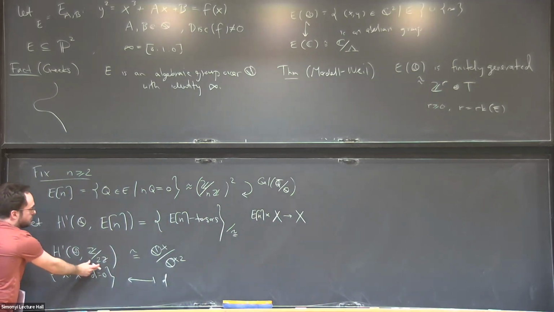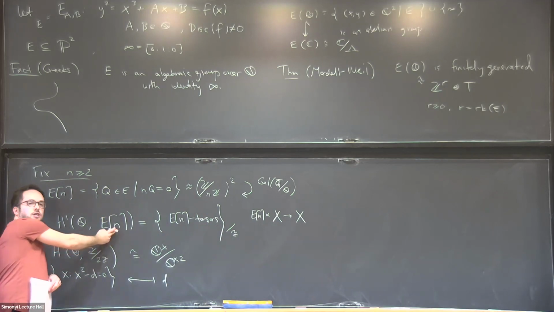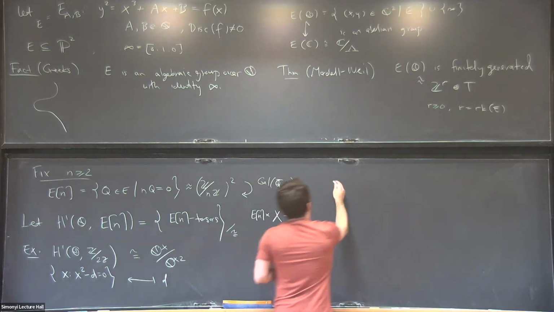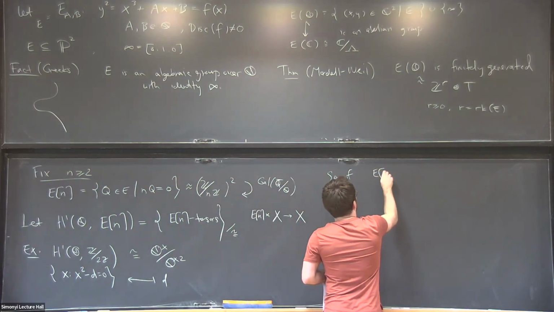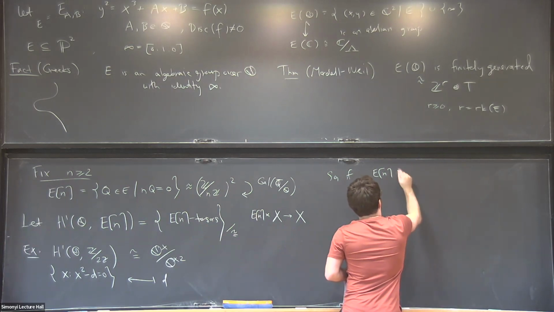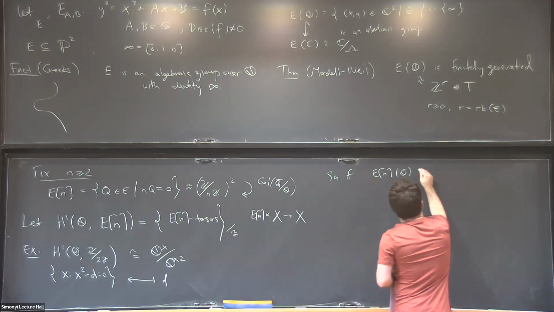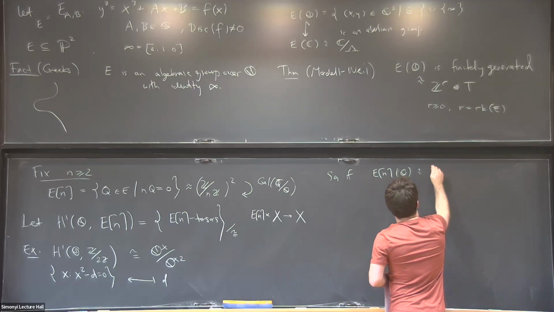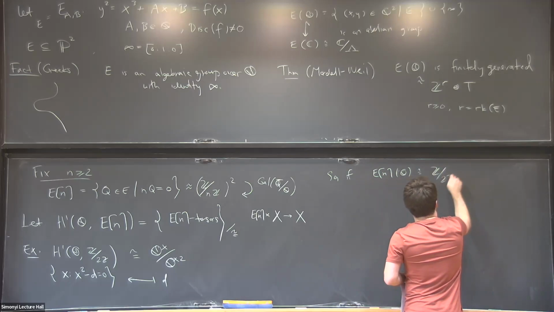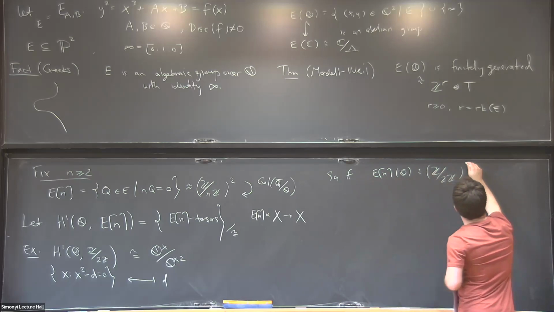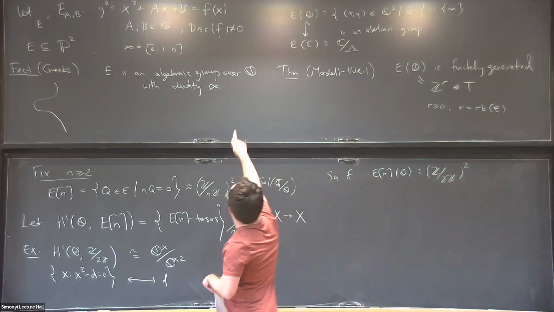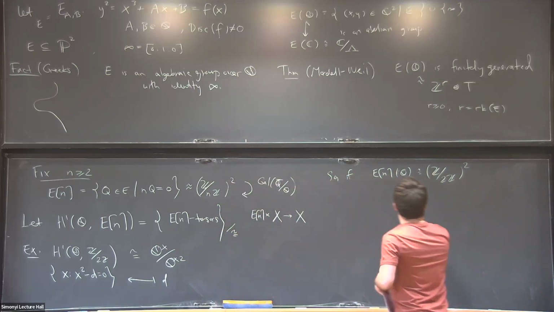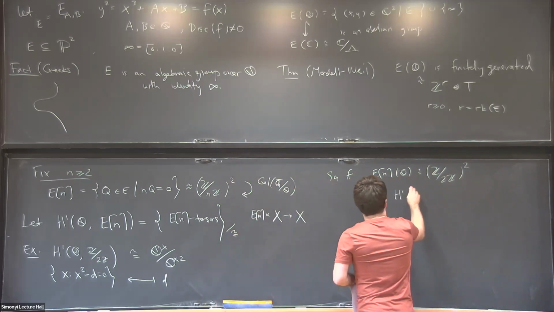Okay, that's for this group. Of course, it can happen sometimes when you take n to be 2 that we can even write this. So if it happens to be the case that even as a group, or as a group with an action of the Galois group, this is Z mod 2Z. In other words, let's say you happen to have two independent two-torsion points on your elliptic curve, which happens exactly when F splits completely over Q, then this H1